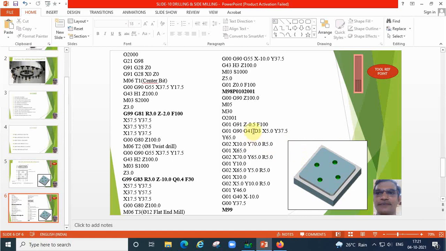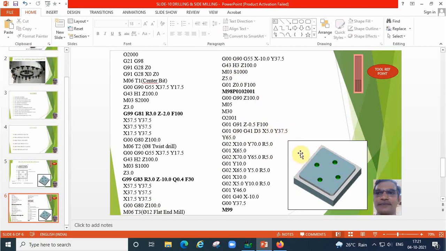So G41, D3. D3 is nothing but the diameter of that third tool. Tool number 3 we called. So the diameter of the third tool we have to write. This is the format that we cannot change. If the tool number is 2, D2 will come. Like that we have to write the program. So G01, G90, G41, D3. First spot X5 and Y37.5.